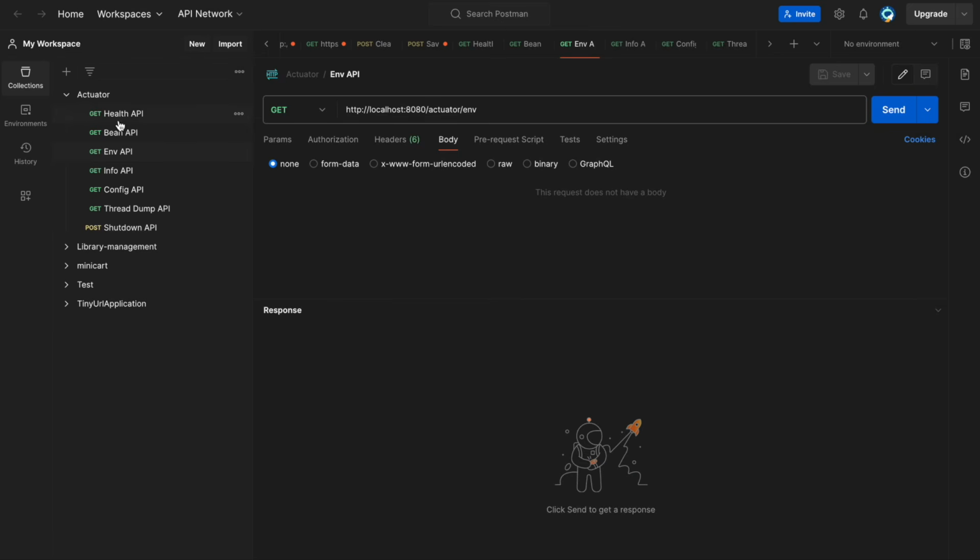So here I have some of the APIs which I have already used. You can see that I have health API, bean API, environment API, info API, config, thread dump API, and in the last, shutdown APIs. So I'll be calling them one by one. You see what is the result and how it helps. So first I'll make a call to